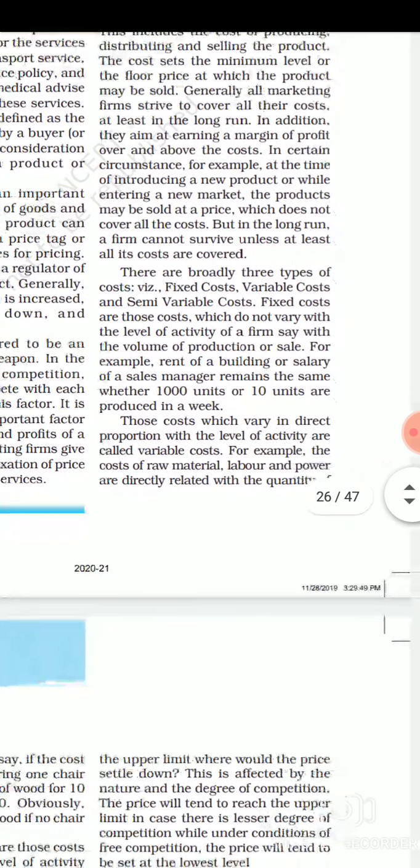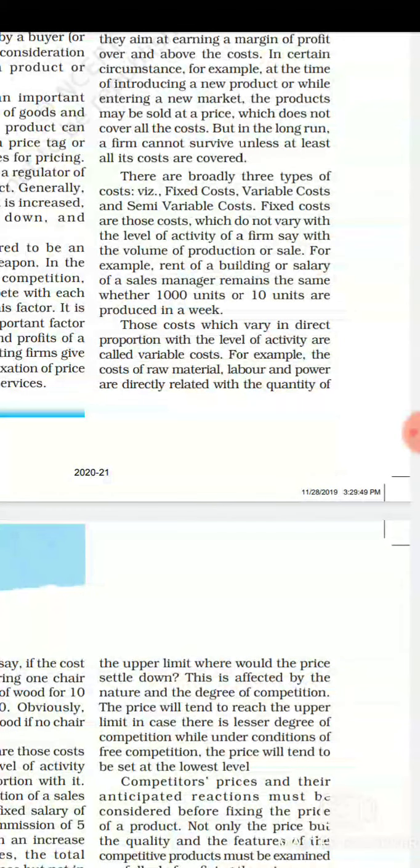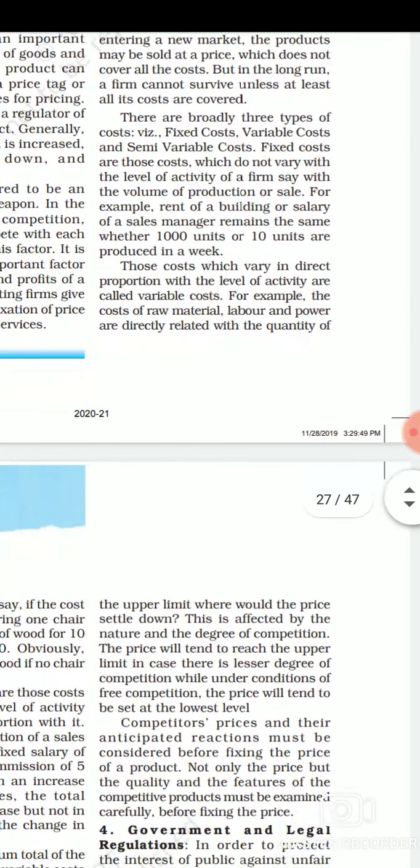Now we broadly divide the cost of product into three parts: the fixed cost, variable cost, and the semi variable cost. Now fixed cost basically says that which does not vary with the level of activity of a firm, right? It means if the volume of your production or the volume of sales increases or decreases, fixed cost will not change, so that kind of cost will be called as fixed